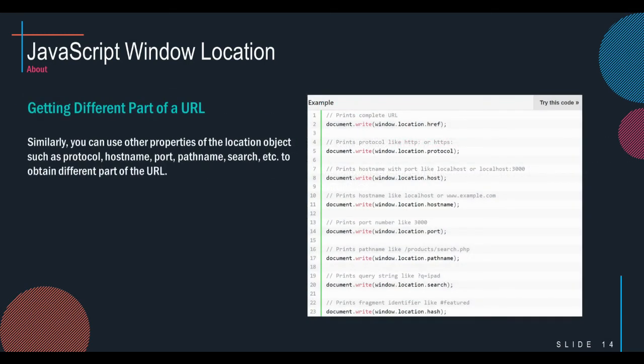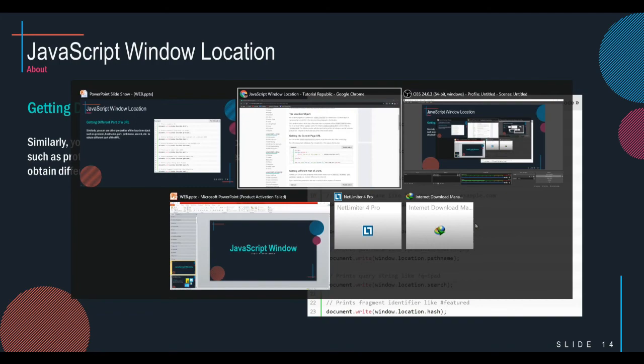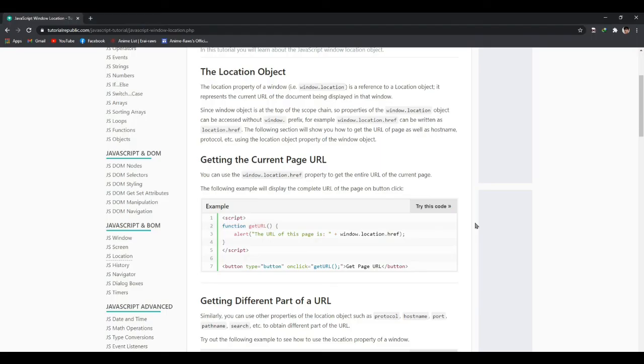So, getting different parts of a URL. Similarly, you can use other properties of the location object such as protocol, hostname, port, pathname, search, and so on, to obtain different parts of the URL. So this is the body of the code, and if we try that out,